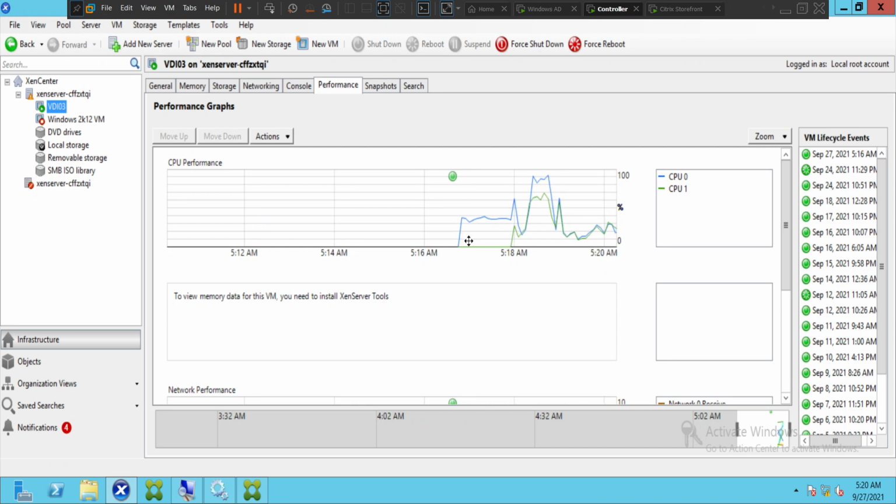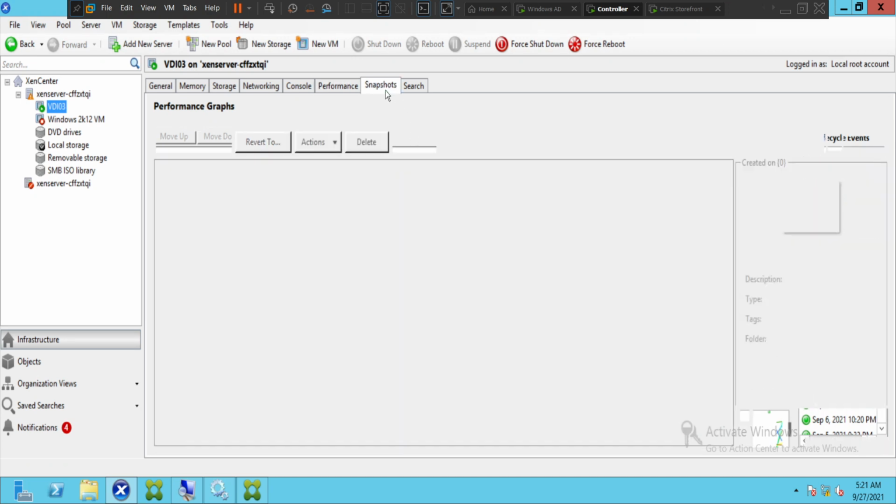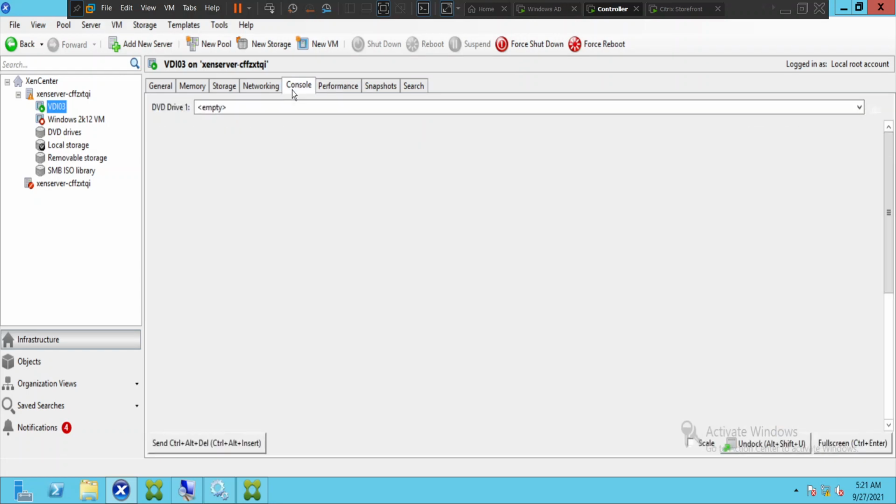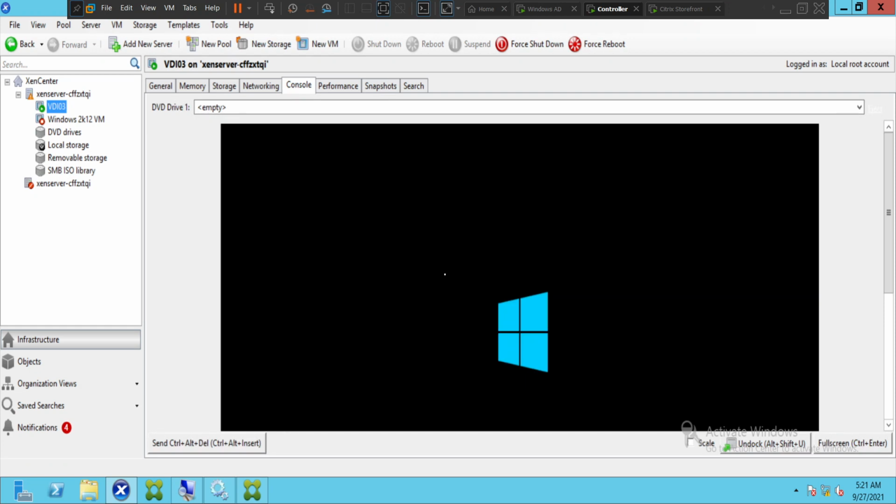And this is the performance of that particular VDI. You can see the CPU performance here. It's going up and going down. The CPU usage is 63%. Okay, the machine should be up. Oh, it's still coming on.